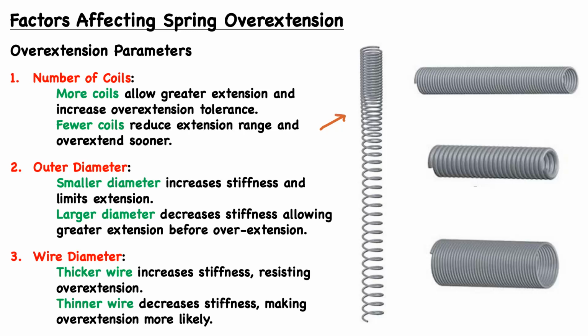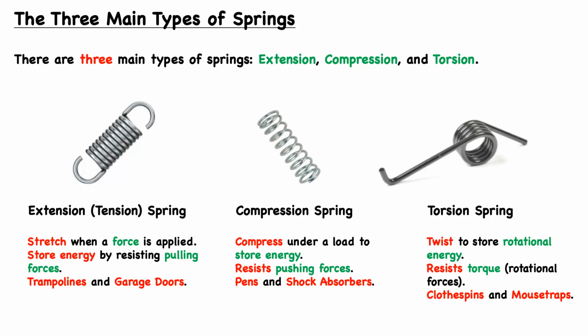And if we're trying to diagnose what the likely cause is, or what may need to be increased in order to make overextension more likely, for example, we could consider these three overextension parameters to design a more efficient tool or machine. So before we wrap up, let's talk about the three main types of springs: extension springs, compression springs,